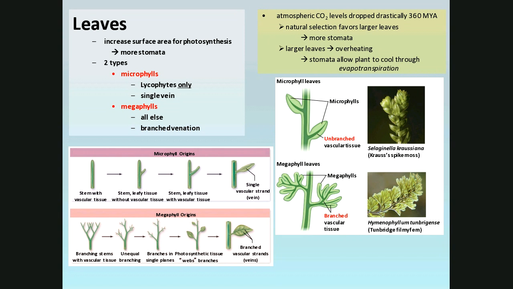But now when you get larger leaves, if that's your answer, you got another set of problems, and that's overheating. And plants can't overheat because their enzymatic reactions, like ours and everything, have a very optimum temperature. So what you have is now more stomata, larger leaves absorbing more heat, but the more stomata not only allows you to take in more carbon dioxide, the more stomata also allows evapotranspiration to occur. Evapotranspiration is what I said about with the red mangrove, them losing water off the leaves. It's kind of like plant sweating because it prevents overheating. Now, if you're looking at that thinking, oh, it seems odd because it's actually not good to be losing water, it isn't.